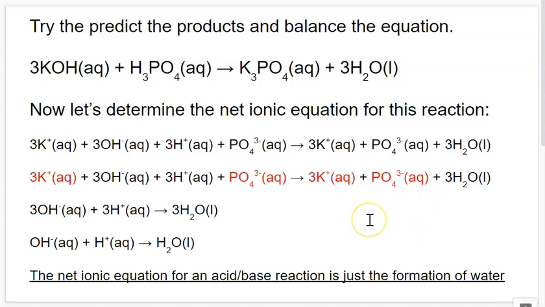So much like before, in our total ionic equation, we're going to cancel out all of our spectator ions. So the potassium goes away and the phosphate goes away. And we're left with 3 hydroxides, 3 hydrogen ions, making 3 waters. And since this is a 3 to 3 to 3 ratio, which is just a 1 to 1 to 1 ratio, we're going to reduce that down, and we end up with hydroxide ion plus hydrogen ion making water. And if you're doing this correctly, the net ionic equation for all of these acid-base reactions is going to be exactly the same. You're always going to end up with hydroxide and hydrogen combining to make water,